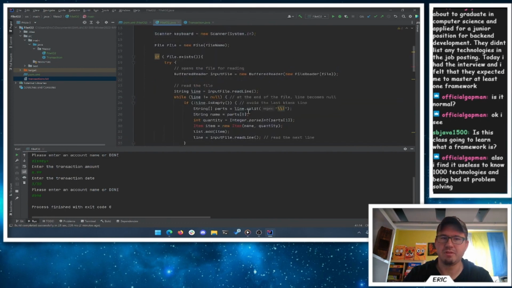Because bad stuff could happen here. We need a buffered reader that uses a file reader that uses the file. Here we're going to read one line at a time, and then we're going to split on this. So now I actually have 3 different parts. Still splitting on pipes, but I'm going to have the name, and the double for the amount